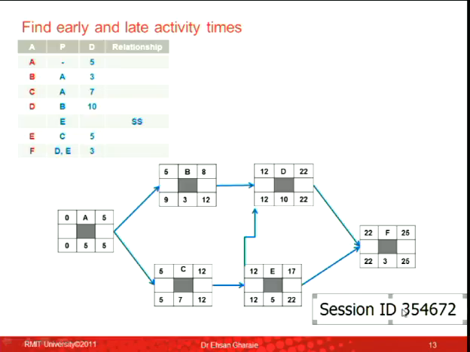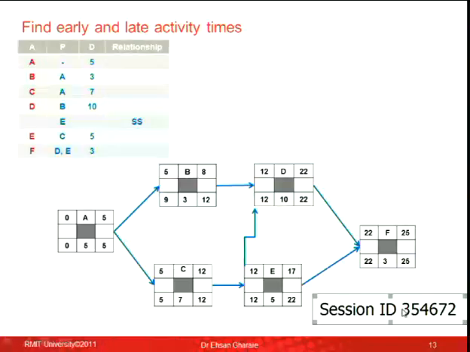Okay, now I want to do the whole thing. I've got the network right, I know that the arrow is correct, it goes from E to D, and now let's do the forward pass. Forward pass, I start from 0, 0 plus 5, 5. 5 goes there, 5 plus 3, 8. For activity C, 5 plus 7 goes to 12. For activity E, there's only one arrow going to activity E. There is only one arrow, therefore there is only one option. So I take that 12, I put it there. And 12 plus 5 would give me 17.